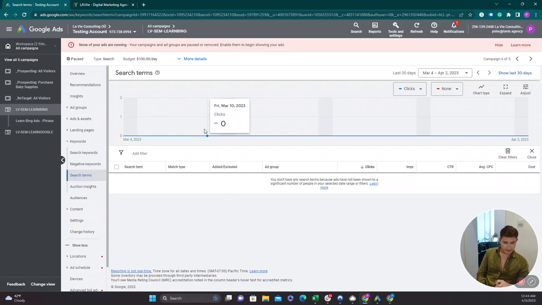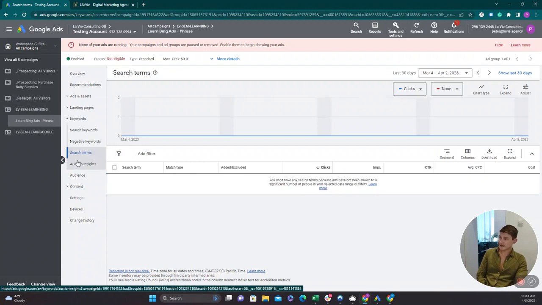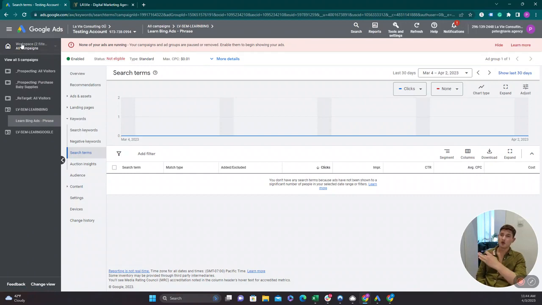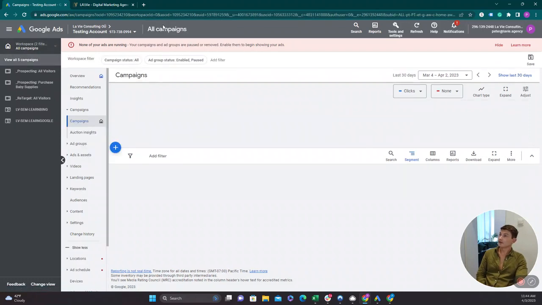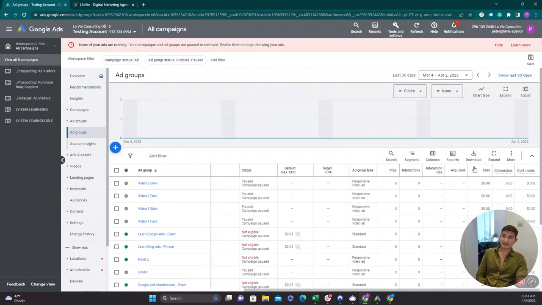Other things that I look for, number of ads. This is really true across every type of campaign within a Google Ads account, but on search specifically, you want to have more than one ad. If you click into this ad group, and this is at the ad group level, from the high level of an account you'll see a ton of ads because you have multiple ad groups. A good way to do it is to look at my ad groups, sort by spend, and take the highest spending one,